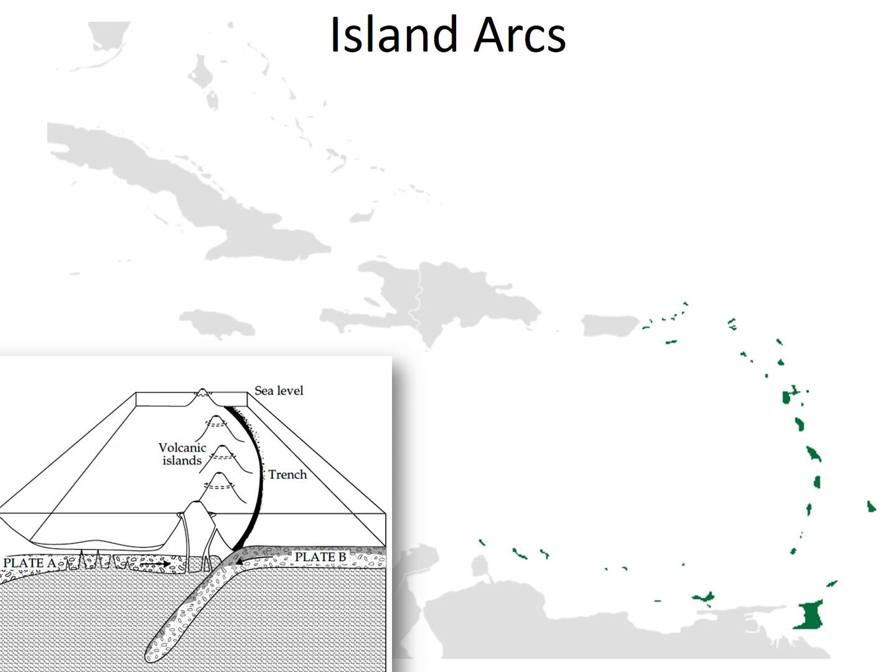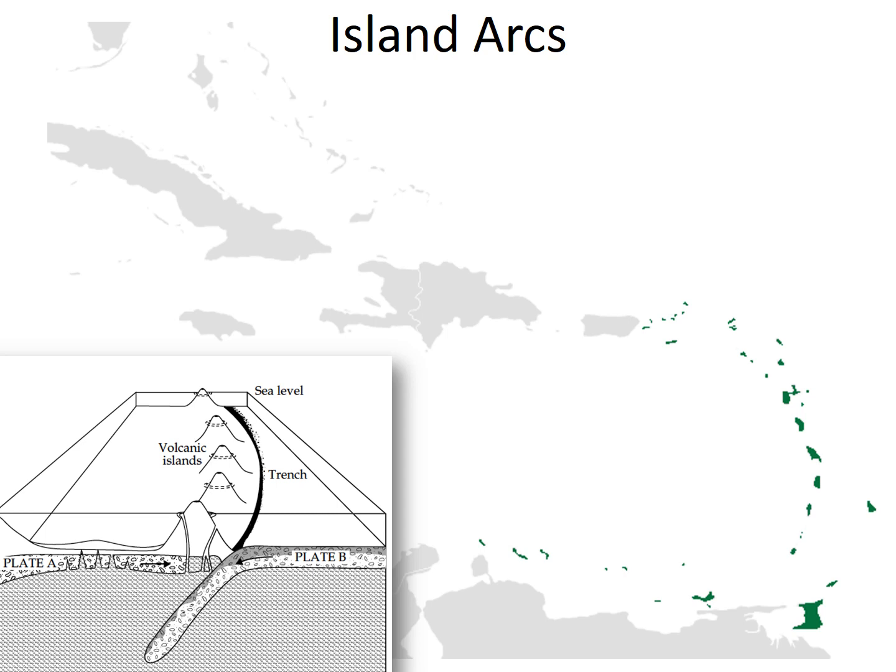Here is a zoomed in view of the Lesser Antilles. These are illustrated in green here. The bottom right largest island is Trinidad, and the gray island closest to the greens up top, the kind of big square shaped one, is Puerto Rico. So everything between Puerto Rico and Trinidad, this island arc is the